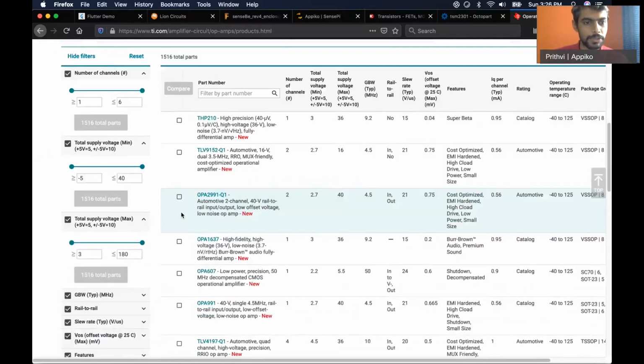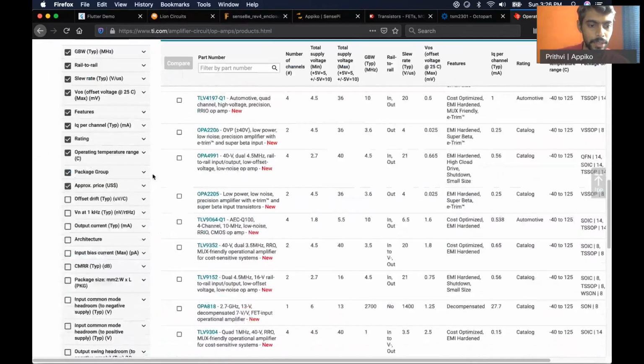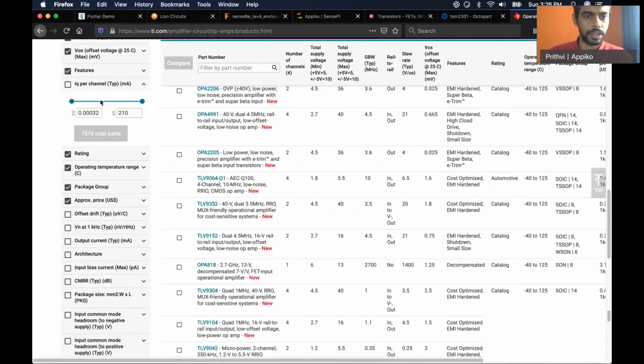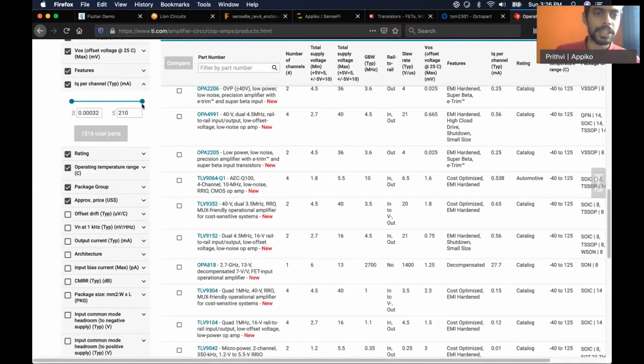Here there are various parameters that are present. One of the key points that we are looking for is the supply current, which is the IQ. Here we want it to be in single digit microamp.